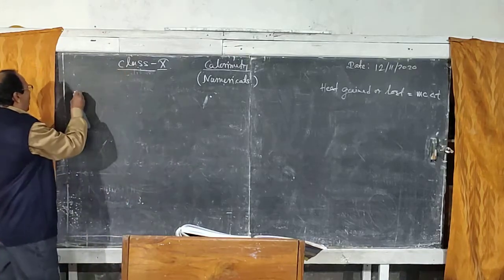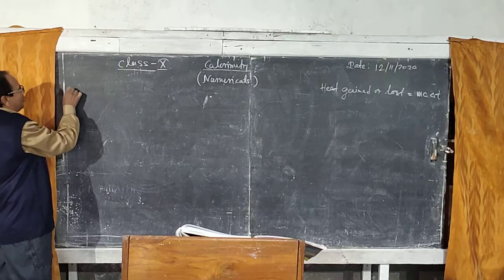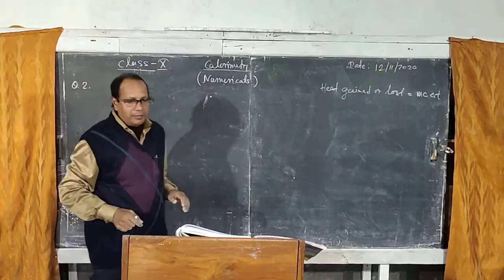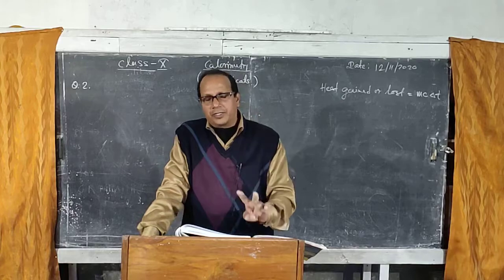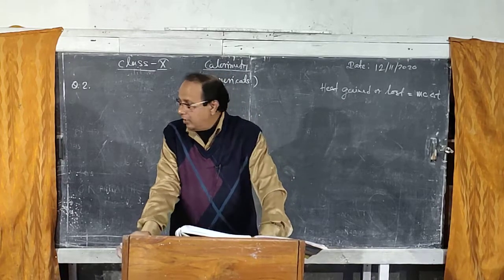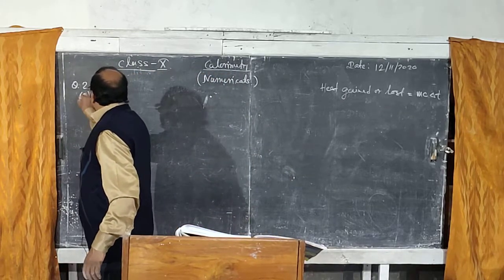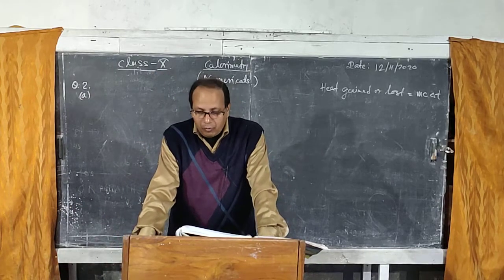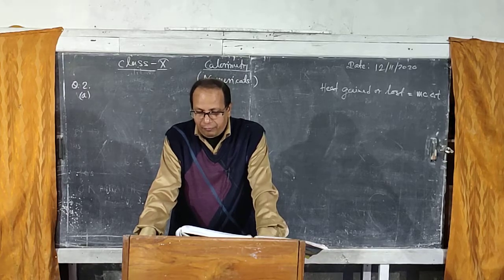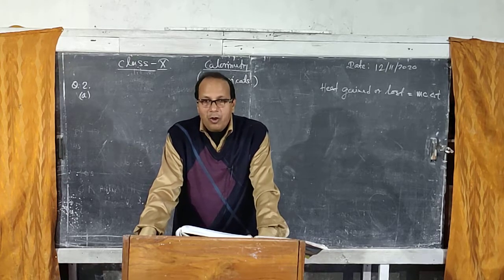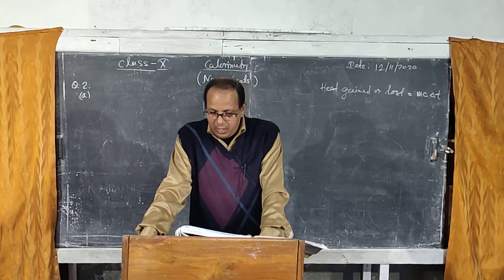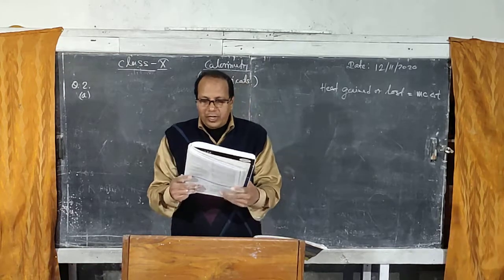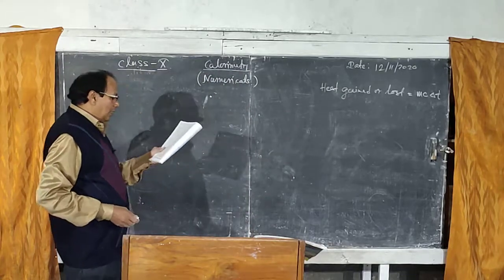So here I have chosen the questions which are required to discuss. So first question is here 2. Question number 2. There are two parts A and B. So I am doing the first part A here, right? Question goes like this: calculate the heat capacity of a copper vessel of mass 150 gram if the specific heat capacity of the copper is 410 joule kg inverse Kelvin inverse.